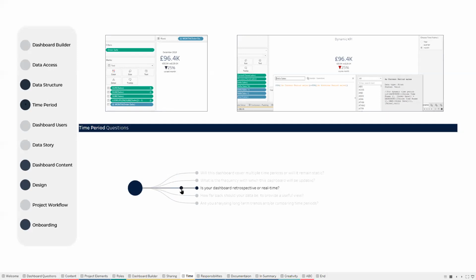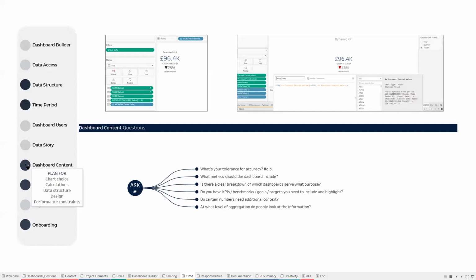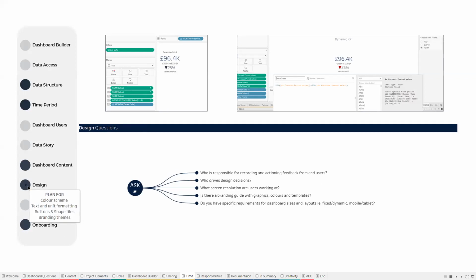Is your dashboard retrospective or in real time? How far back is it going to be going? Because that will determine your dashboard content. Will I be allowed to include certain metrics depending on how we're dealing with time? Do I need a certain level of aggregation so I can split things up within their constituent weeks or months or days? And obviously that will determine what kind of design decisions you can make,